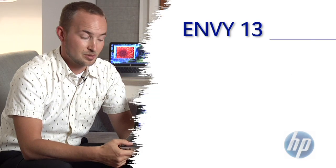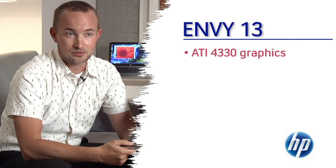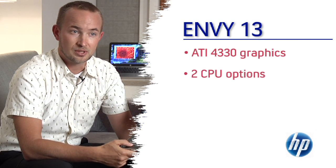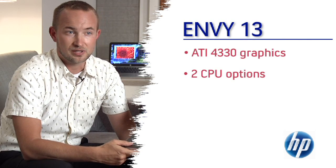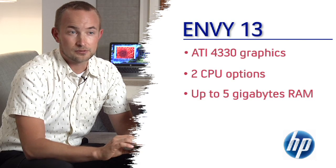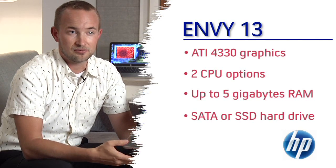You'll see them come much more alive on this unit. So the unit actually comes with ATI's 4330 dedicated graphics controller. It also comes, like I mentioned before, with an option of 2 different CPUs, depending on how much power versus battery life you want to have on the unit. Has up to 5 gigs of system memory. Also can come with either regular spinning hard drives or SSD drives, depending on the level of performance you have